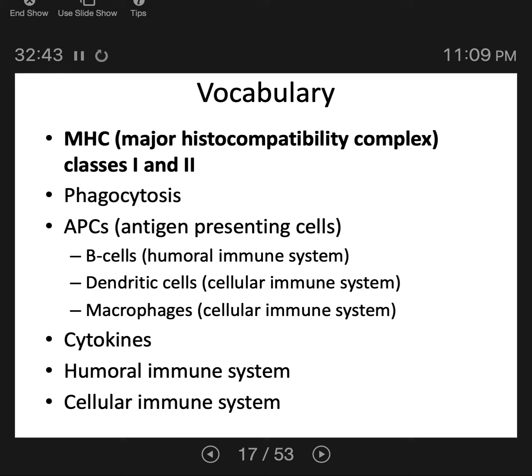MHC class 2s you find only on the surface of immune cells. They are like little display cases for antigens on immune cells. There are certain cells in your body that phagocytize pathogens. These are certain white blood cells whose job it is to go around your body looking for foreign material like pathogens. Once they encounter foreign material, they phagocytize it, they ingest it and digest it. Once they do that, they can display the heads of their enemies, as one of my students called it. They can display the heads of their enemies, or an antigen, a molecule from that pathogen that they just digested, on their MHC class 2.